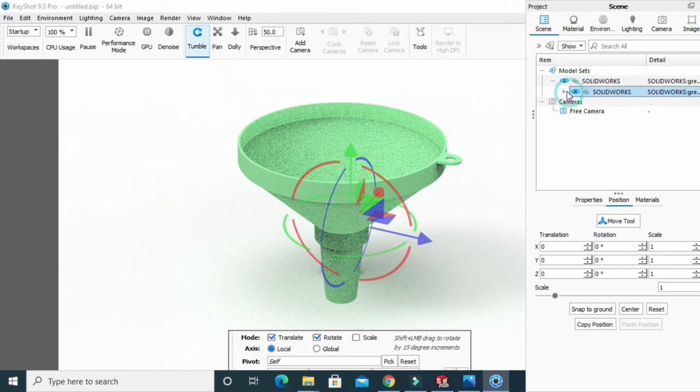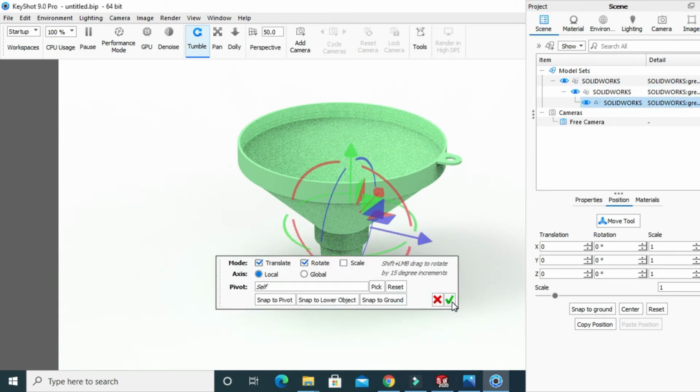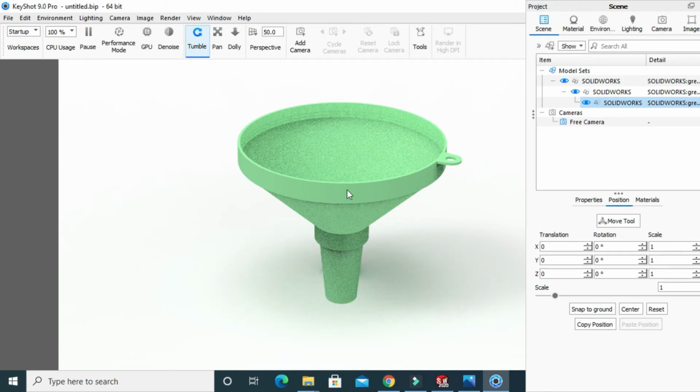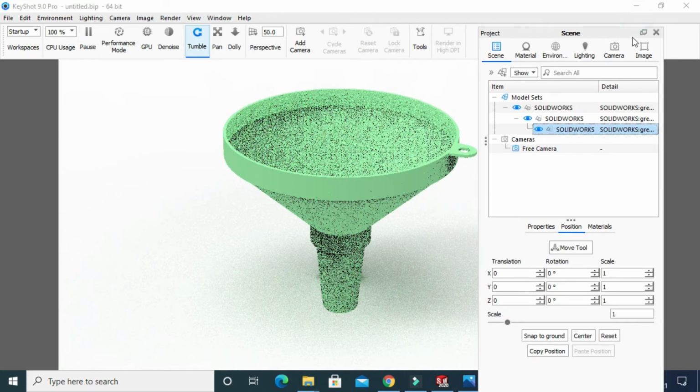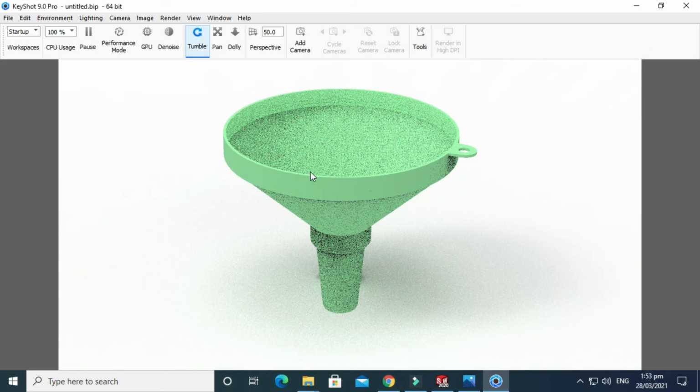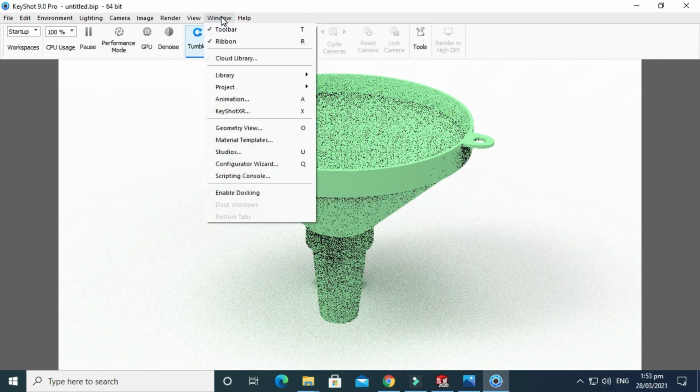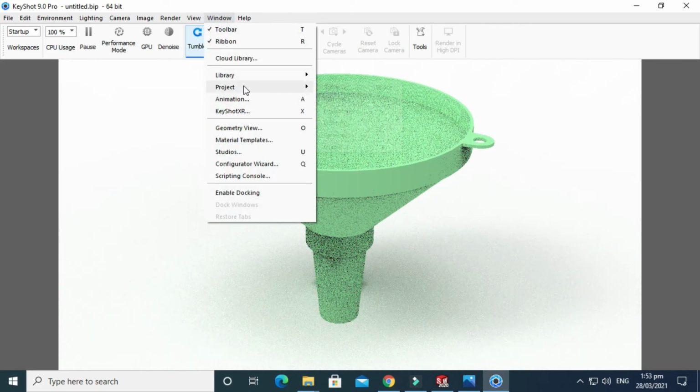This is the design tree of KeyShot, and this is my model, and I'll make OK. Just cancel it, and let's go to Windows.